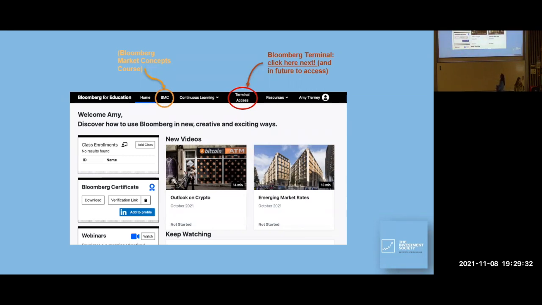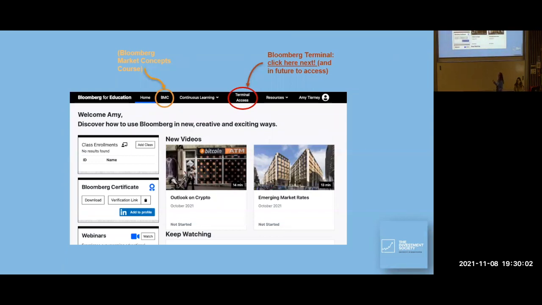And at the top, you can see BMC. If you click on this, this will take you to the Bloomberg Markets Market Concepts course. This is a really, really good course, and we recommend that you do this. It will help get your investment knowledge up to scratch, and it's really useful. Also, employers really value it. That's a side note of something you can be doing whilst you're waiting for the university to verify that you're